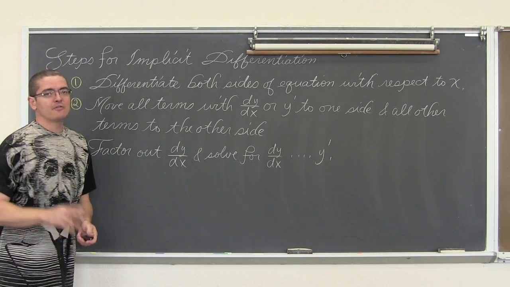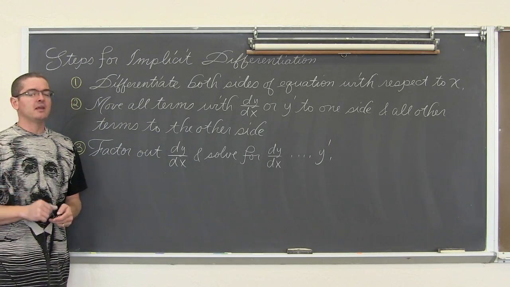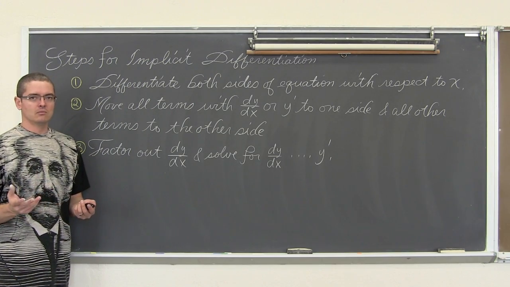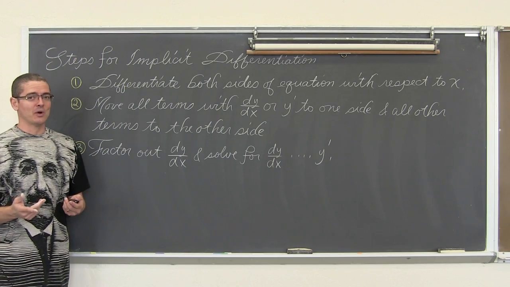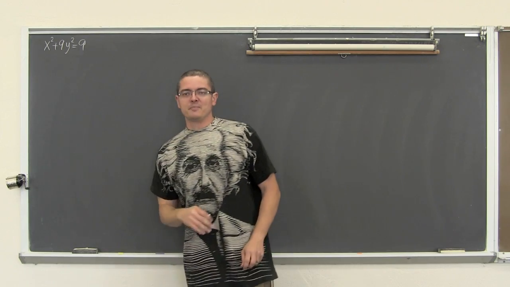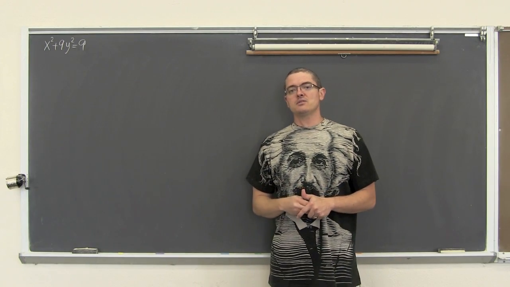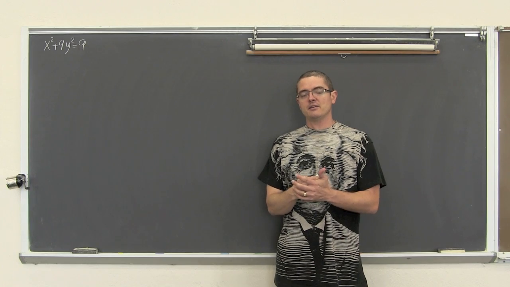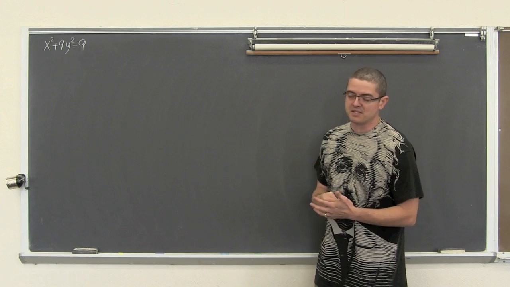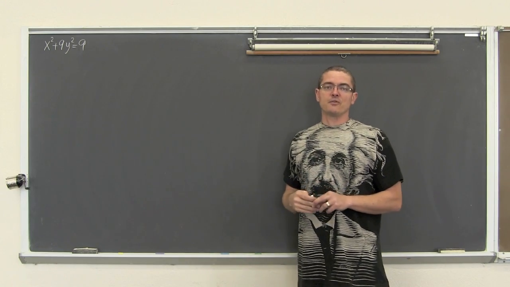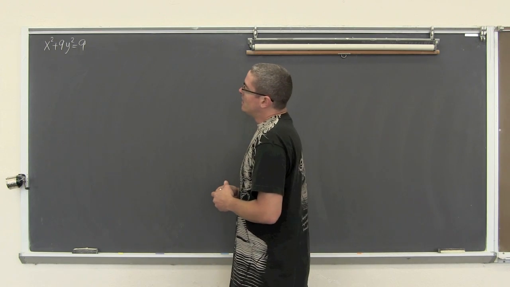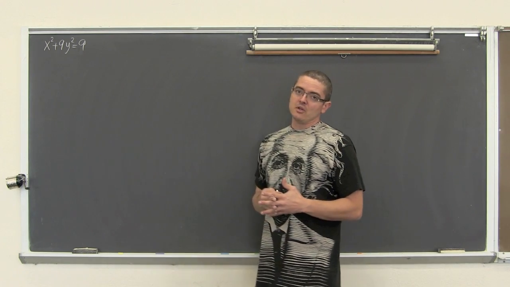Now, when we get to the next step, my first example, I am going to do it explicitly, and then we're going to look at it in the implicit method and go, wow, that was a lot quicker. Anyway, so here we go. Our one fairly simple, innocent-looking example is going to really push the idea through that in some cases we want to do implicit differentiation over explicit. We're using this because we can do explicit differentiation, unlike some of the questions you'll have in this homework for this section. But it will be more difficult using the explicit method.